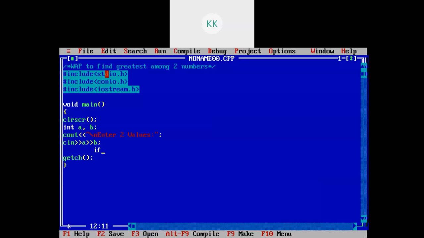So I will write a simple if else statement. So if a is greater than b, then cout \n a is greater, else cout b is greater.